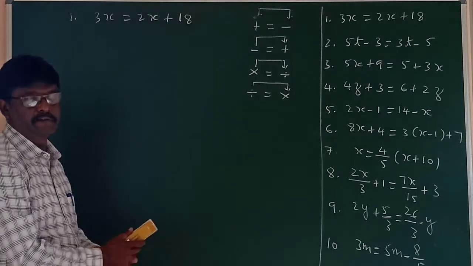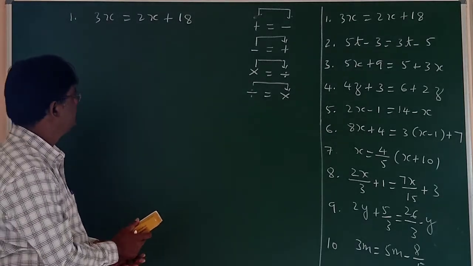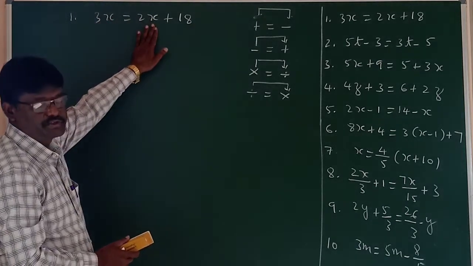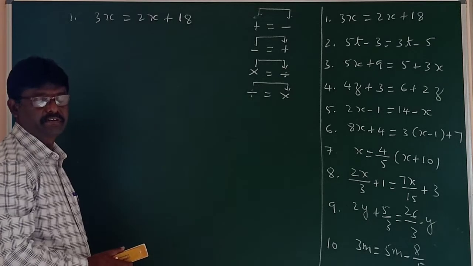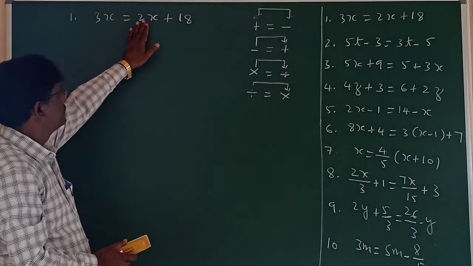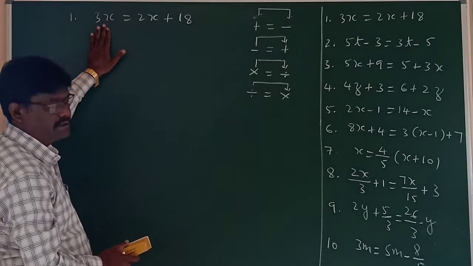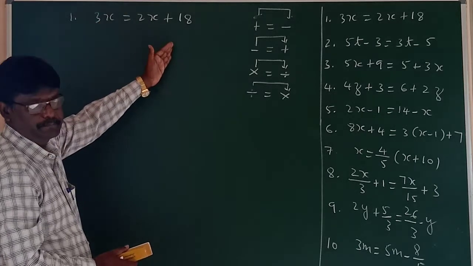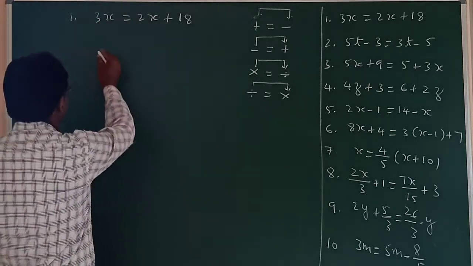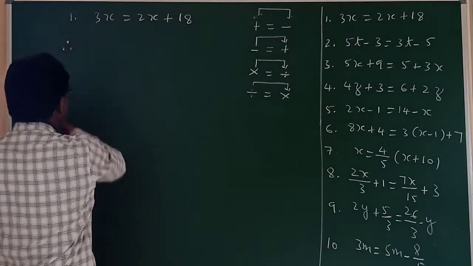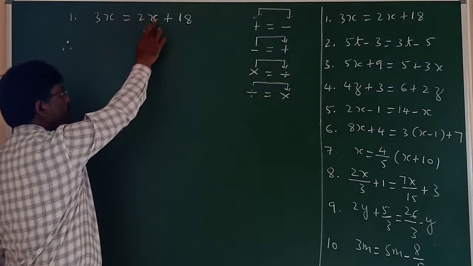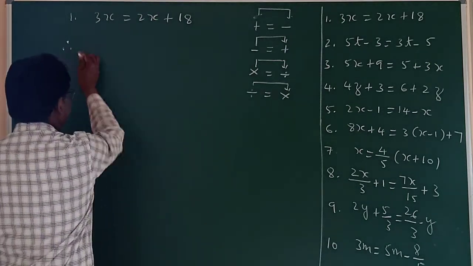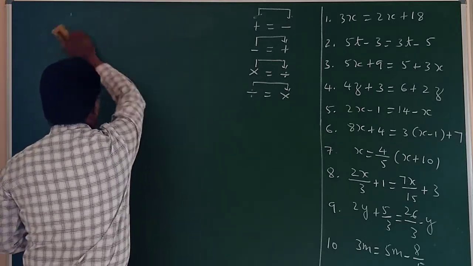Now here, how this is different from the previous class means here we have variable on both sides, LHS as well as RHS. While we are solving the equations, it is convenient to keep the unknown in the left hand side and transpose all the known to the right. Okay children, now just look at this problem. 3x on the left hand side, here we have 2x in the right hand side. Therefore, first we shall shift this to this one.